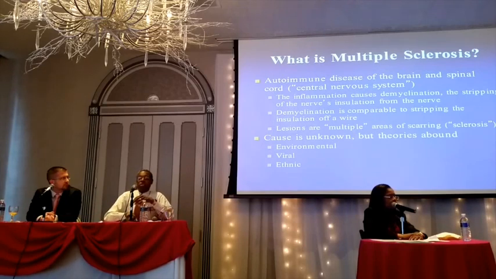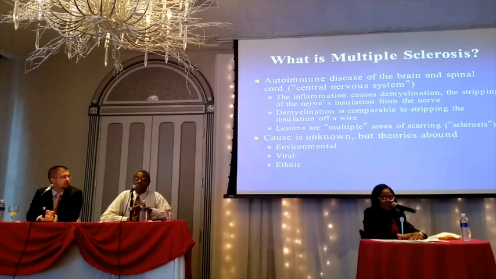We know so much about multiple sclerosis, but we still don't know what triggers it. There's much research going on in this regard, and we can tell you all about what the immune system does in multiple sclerosis, but we don't know what triggers it. And the leading theories are what I have listed on the slide up there. We think there may be environmental, viral, or even ethnic or other hereditary causes for multiple sclerosis.